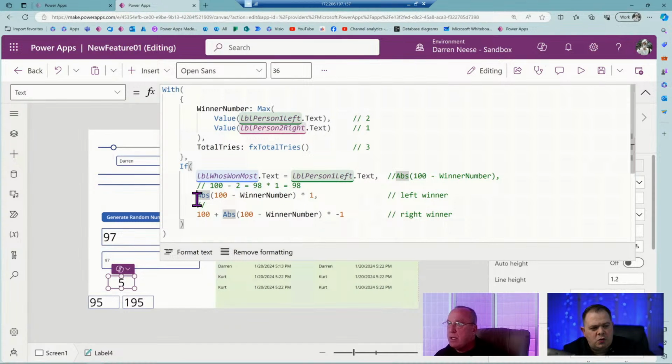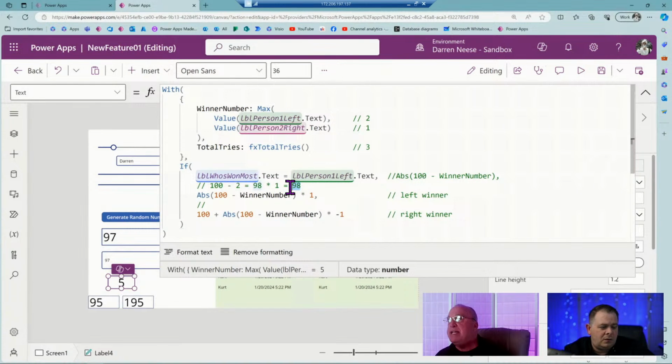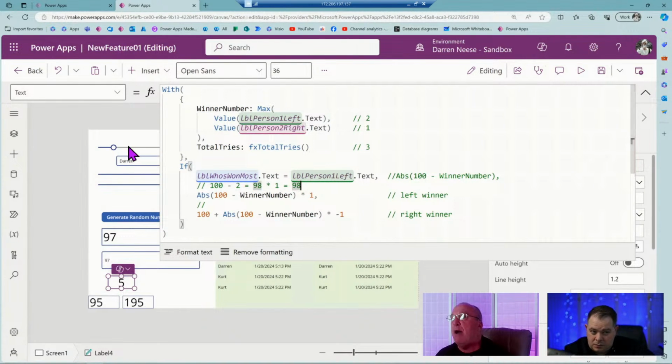Okay. So the full question was, if you take 100 minus this number, is that what you said? No, if I've got that value, that gives me 98, right? And I want that 98 placed so that on the slider, where the maximum is 100, if I subtract 98 from that, it gives me 2 if the person won on the left. I want that to show a 2, because that means the person on the left won. Does that sound right to you?